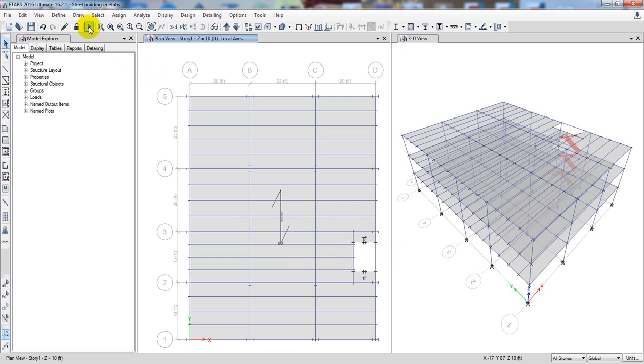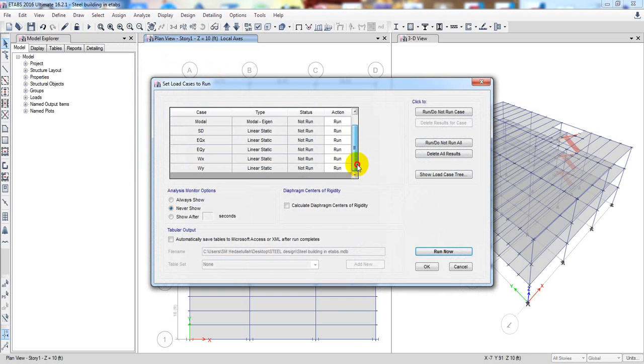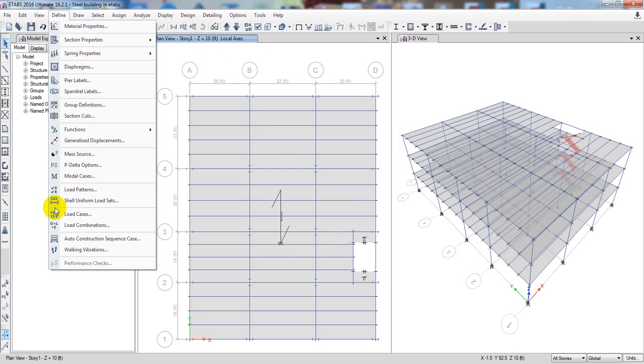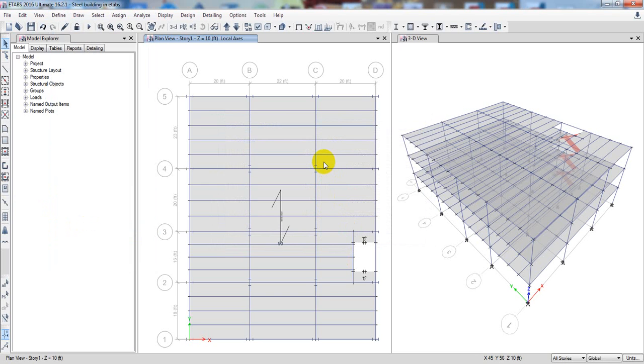So simply we'll click here, run analysis, otherwise we can click here analysis, then from here you can click run analysis. Before that you can use here set load case to run. Here is the load case, for which load case it will start analysis. So I'll just cancel, and before that I'll recheck load combination. So our load combination is okay, then okay. And after that